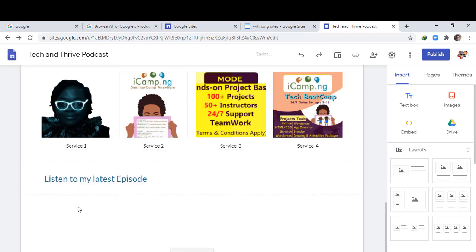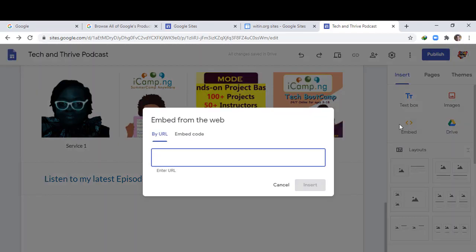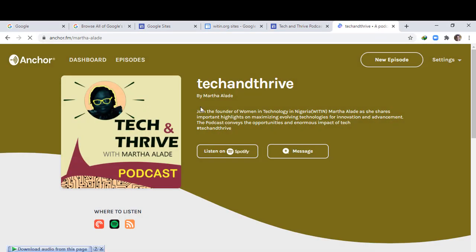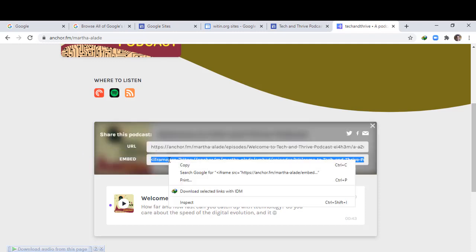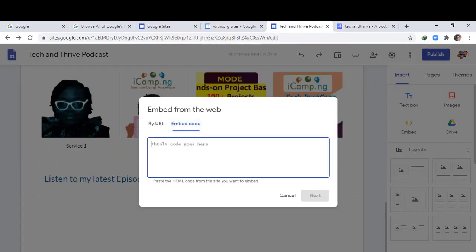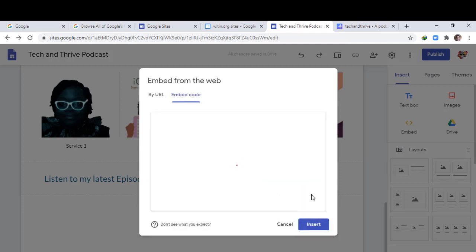Then I am going to embed. But first I need to get what I want to embed, and that is my anchor. Okay, this is my podcast, and yes, this is what I want to embed. So I'm going to share. It says embed, copy. Then I'll go back here and select embed code. HTML goes here. This is actually HTML code. It says it's iframe, and that's like the container that embeds my podcast. If I click on next and I say insert,